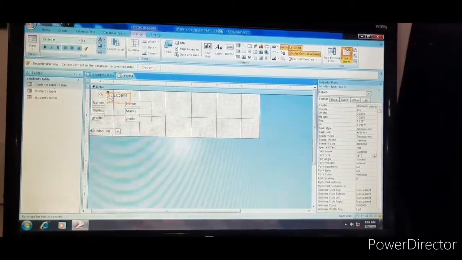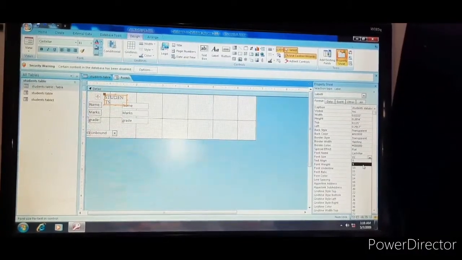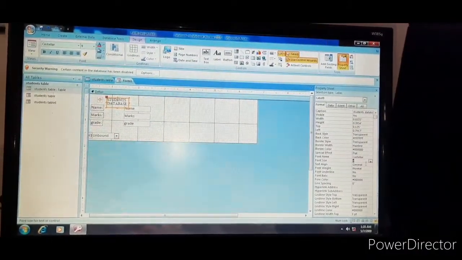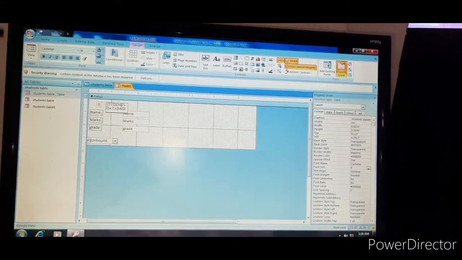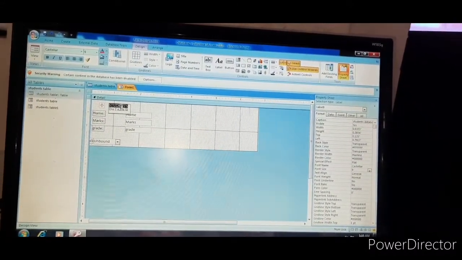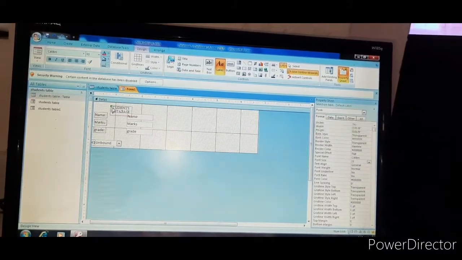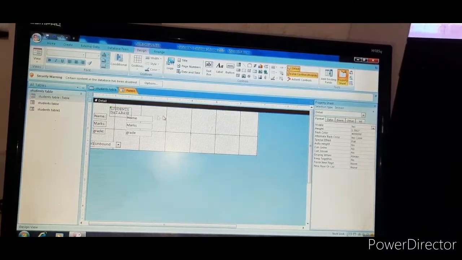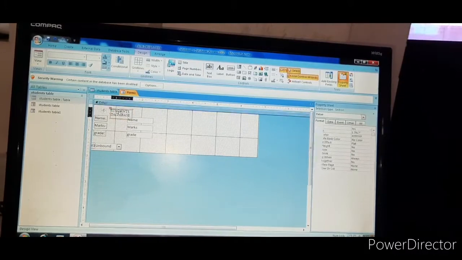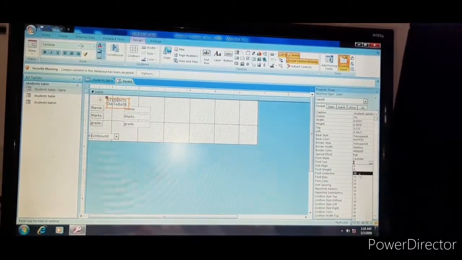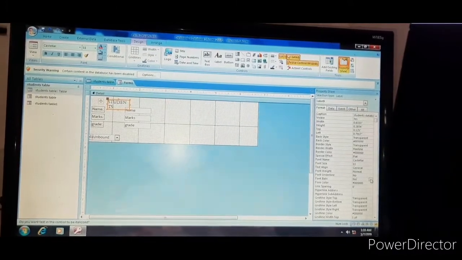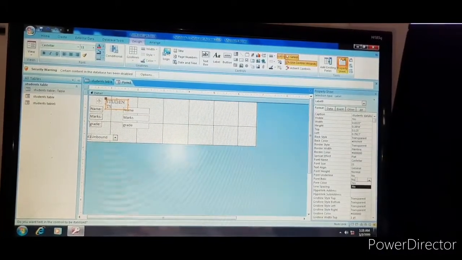Next, font size. If you want to increase or decrease the font size, just click on this one. First you have to select this one, children. Select it. Then next, font size. If you want to increase or decrease, you can do it like this. Font italic.